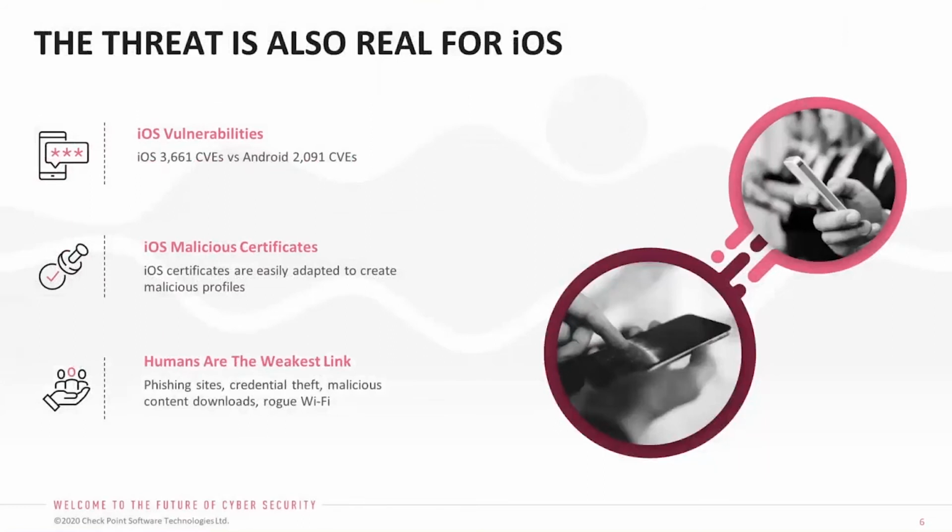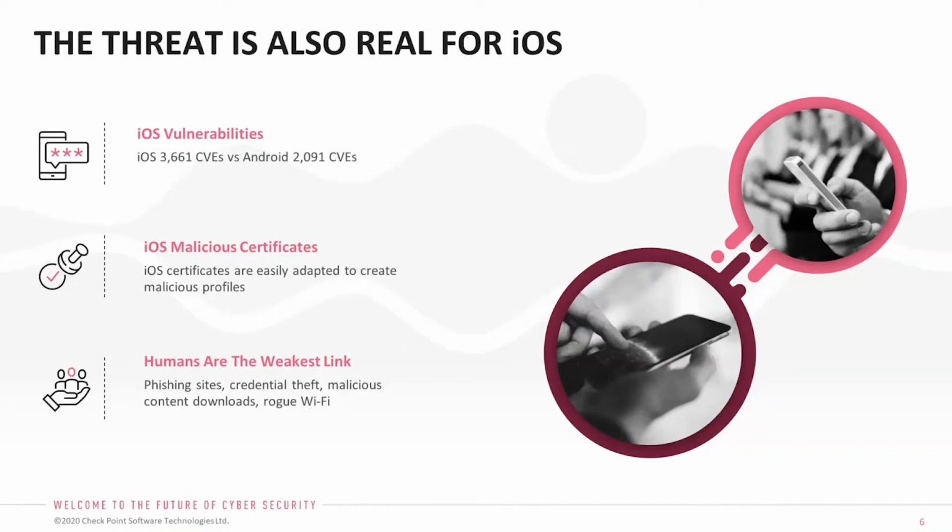And as I keep alluding to, iOS is not safe. So if you look at cvedetails.com, a website that aggregates a lot of the common vulnerabilities and exposures, or CVEs, from 2009 to 2019, in April, there were a total of 3,661 CVEs published for iOS. And if you look at Android, it was only 2,091 CVEs. So there's a lot of CVEs that people don't even realize is out there for iOS,